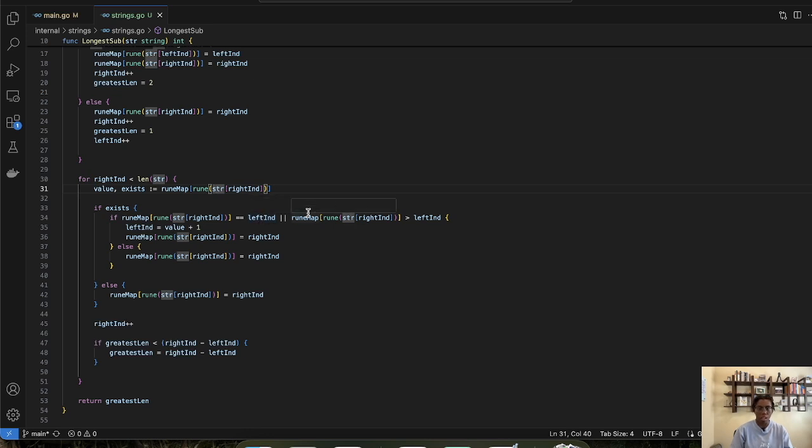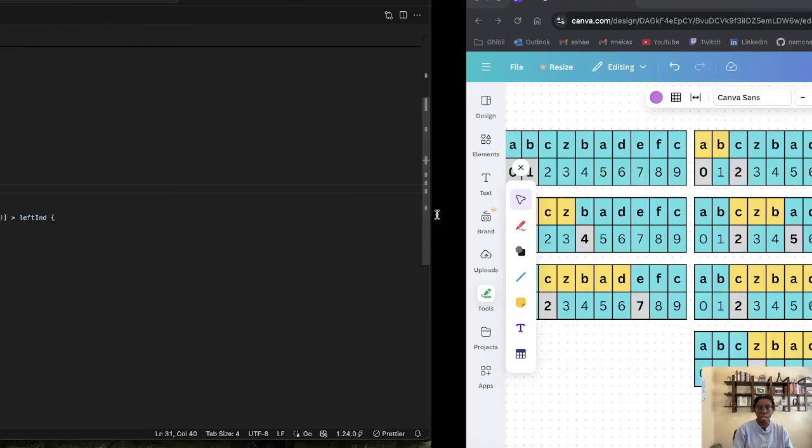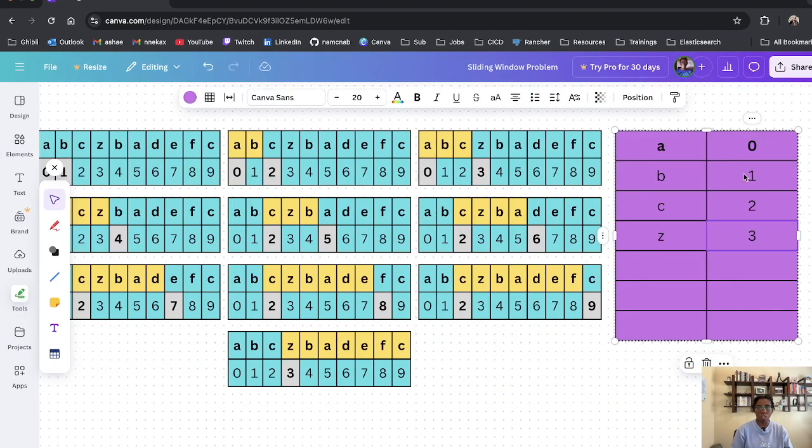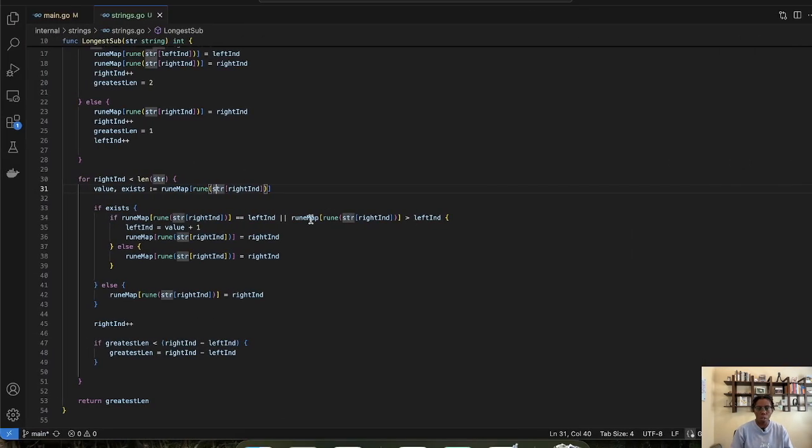We check and see, okay, is the left index less than the value that's currently associated with B. So we have 0 and we have 1. So yes, 1, which is what will be outputted from here after this whole statement is complete, 1 is greater than the left index, which is 0. So it will enter in here,